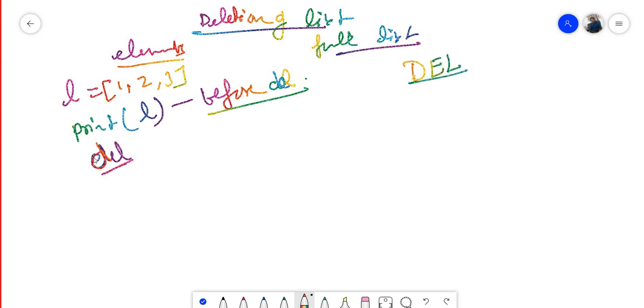When you want to delete one element or multiple elements from the list, how will you use it? Suppose you want to delete one element from a list, then you write del list name. In syntax it will be del list name and within the square bracket the index number.